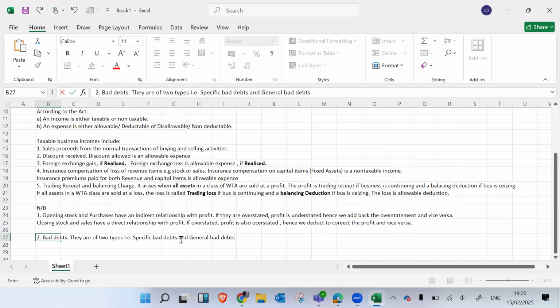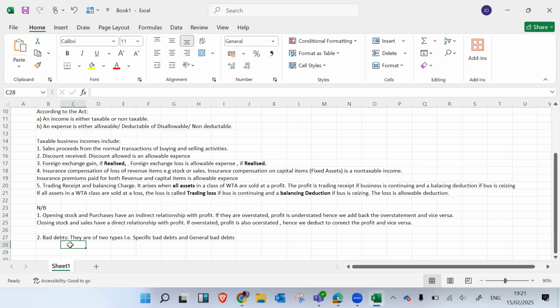Now for KRA purposes, we don't like general figures, we like specifics. So if it logs us out, we just rejoin using the same link. You don't just come up and say a blanket figure that 10% of my customers are not able to pay, so I had to write them off as bad debts. No, that is a general figure. Be specific. Say a debtor called Wafula was not able to pay, and we had to write it off as bad debt. That's the specific. It means the specific bad debts are what we want.